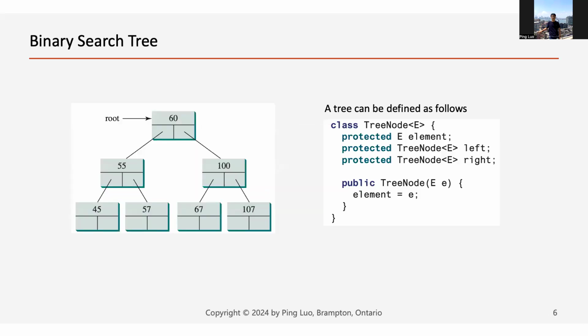And to define the tree node class, it's defined like this. We have an element and 2 pointers pointing to these 2 children, and also